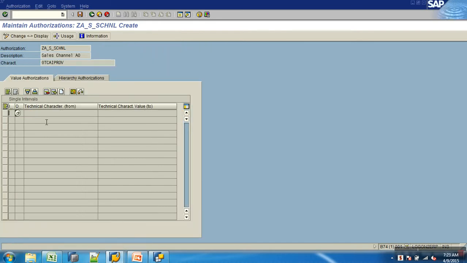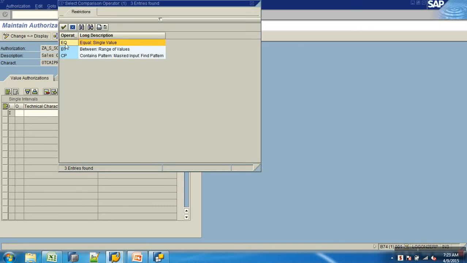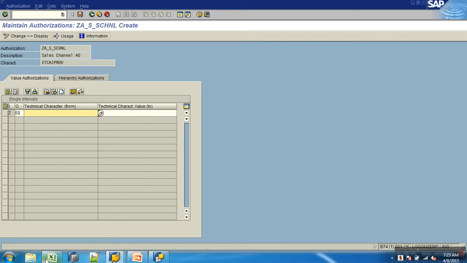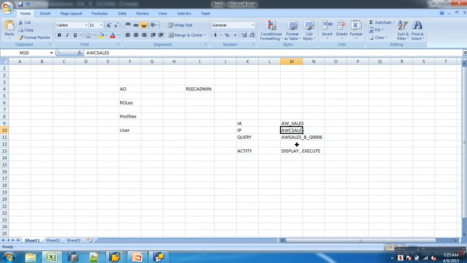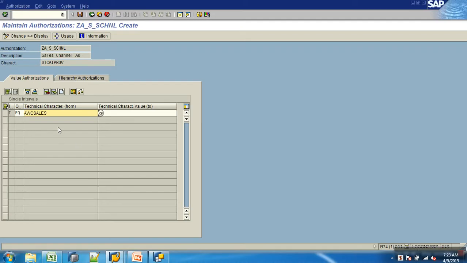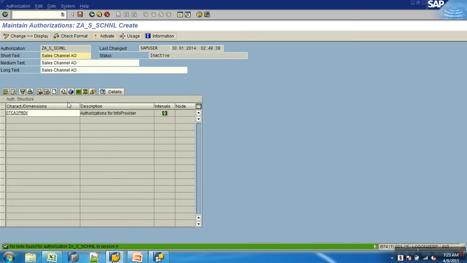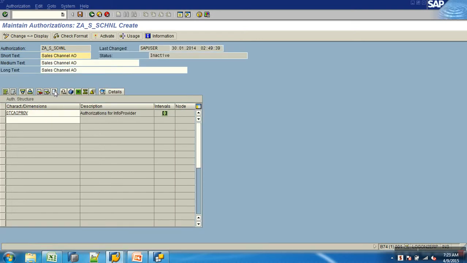Okay, when I double click on this, it should start asking me the value. Say create. I'll say include equal to. Provider is nothing but the cube name. Which cube is it? We already targeted it. So you should have access to this particular cube. Okay, done. Next, again create one more.